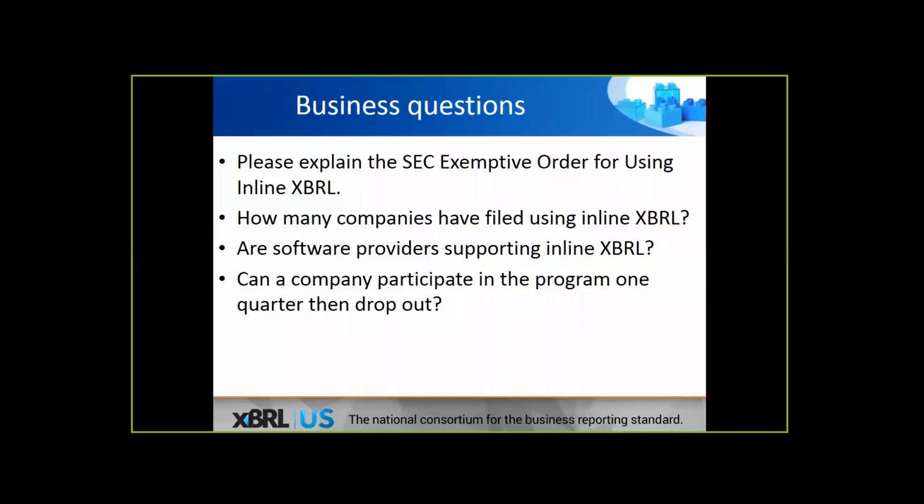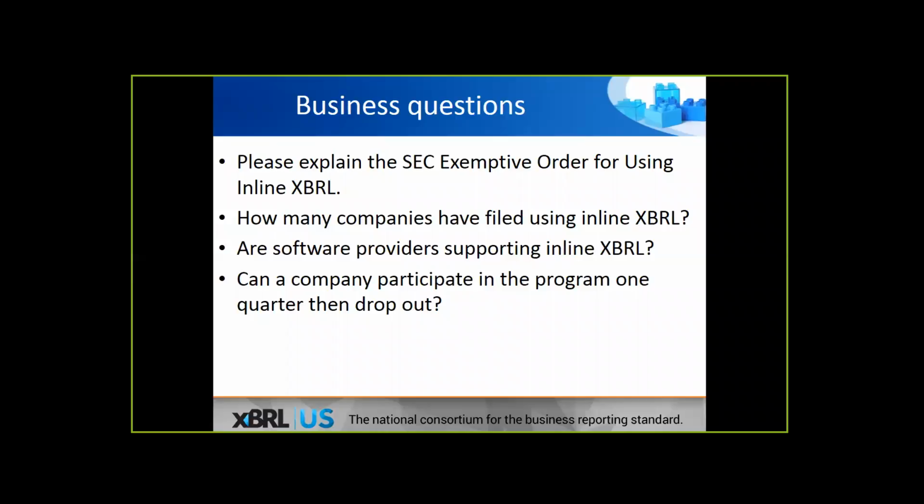This is Mike, and before we get into that, the typical disclaimer: the SEC, as a matter of policy, disclaims responsibility for public publication or statement by any of its employees, and therefore the views that we express today are our own and do not necessarily reflect the views of the Commission or other members of the staff of the Commission. So thanks for having us. We appreciate it, and we're happy to do this at any time to help educate folks on the inline topic and anything else related to structured disclosure.